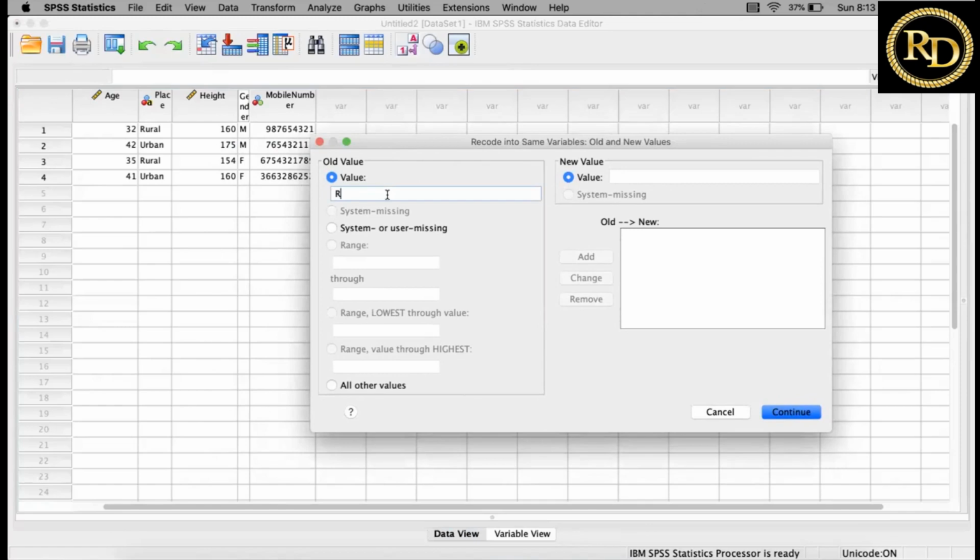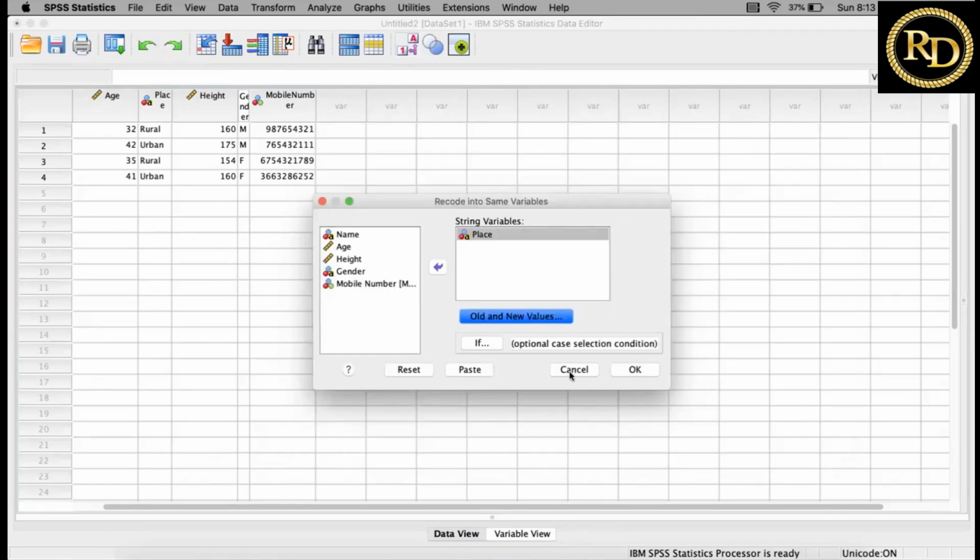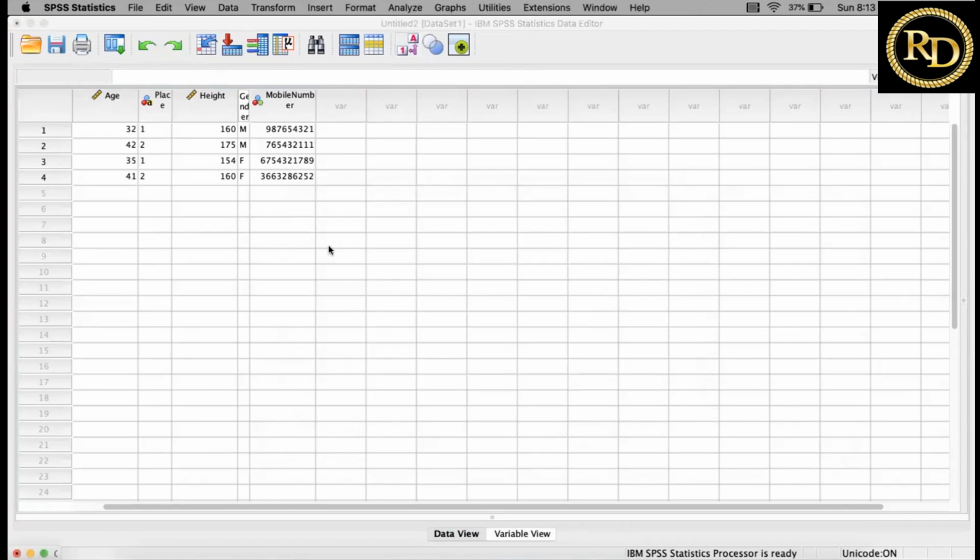Old value is rural, and new value is 1, add. Old value is urban, and new value is 2, add. Continue. Okay. So now you can see this urban and rural is now converted into 1 and 2.